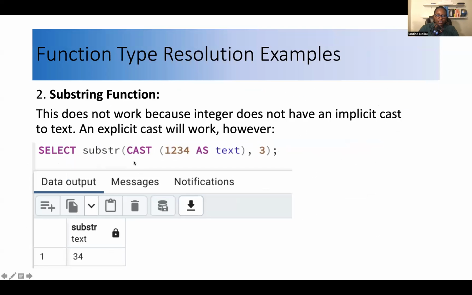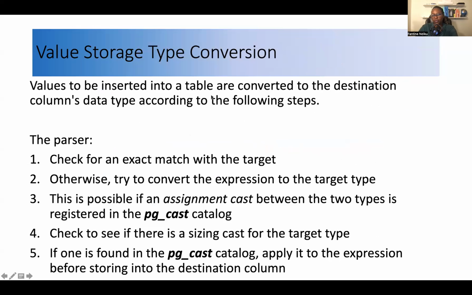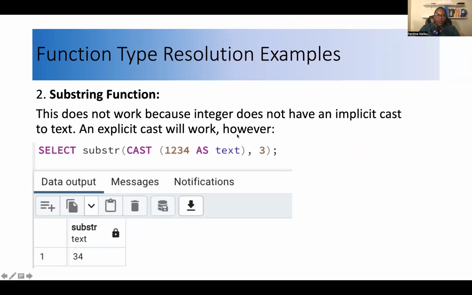So this is the solution. We cast this 1, 2, 3, 4, which was integer before, as a text. Once we cast it as a text, this is done explicitly by us because the system cannot convert the integer to string implicitly. And then after converting that, here we see